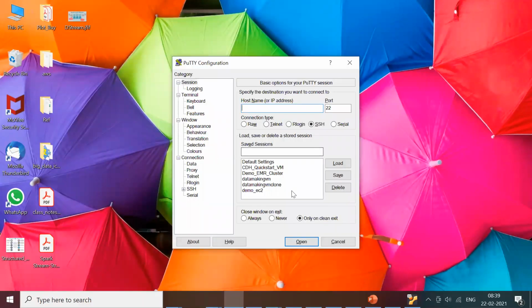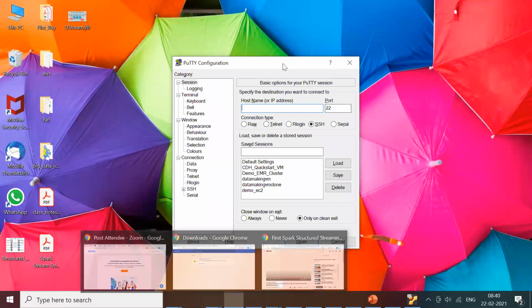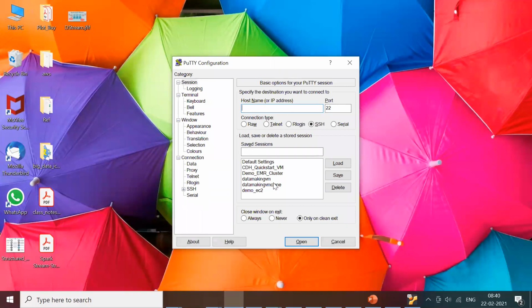You are able to see my screen, right? My icons got blurred, but you are able to see my screen? Yes, we can see. Okay, thank you.